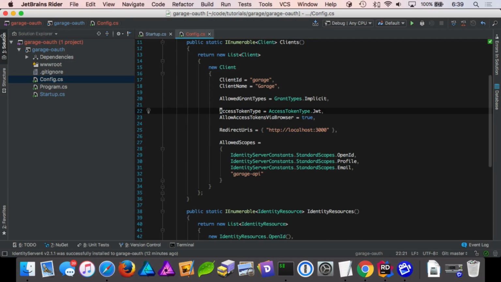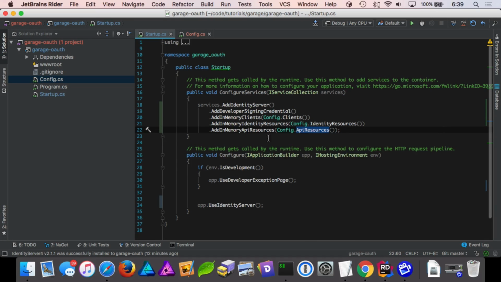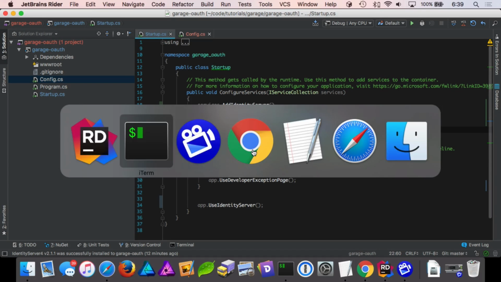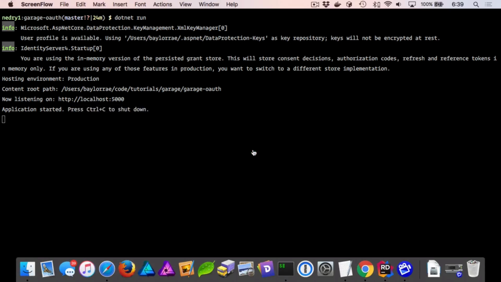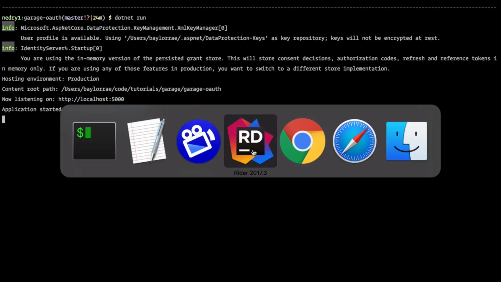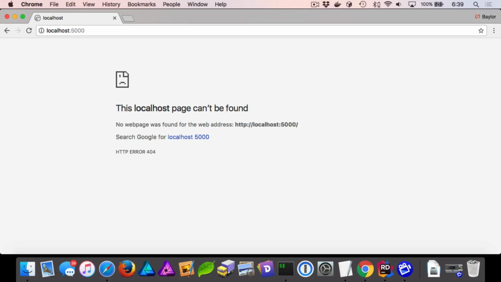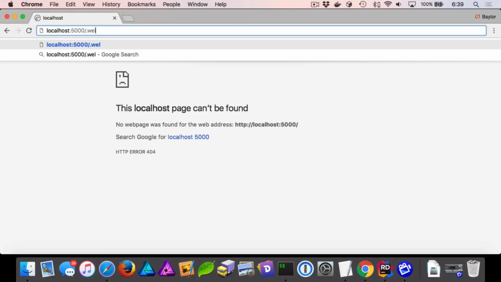runs on. And so now if we hit startup, I'll make sure to set a breakpoint. Now when we hit startup, you can see everything is good here. And if we try to run, and it started. So if we hop into Chrome here, and I can't go into the right application, refresh, we're going to get a new type of error. But if we go to well-known